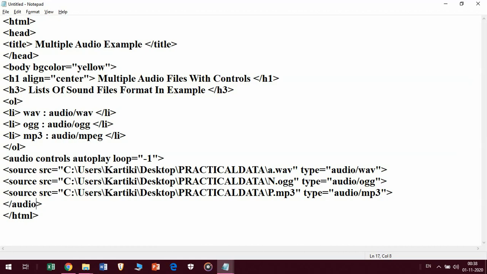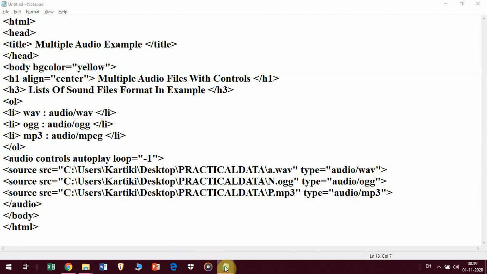Now if you can see here, this is my single audio tag, and into this single audio tag I have added multiple sources. First source is of WAV audio file type, second is OGG audio file type, and third is MP3 audio file type. So these three different files are in a single audio tag.